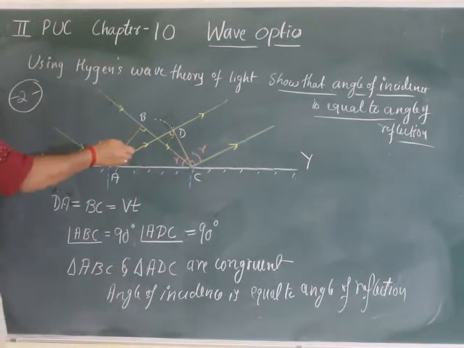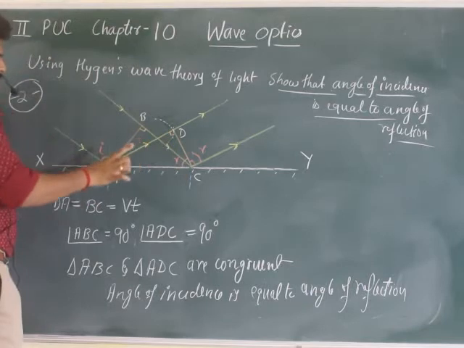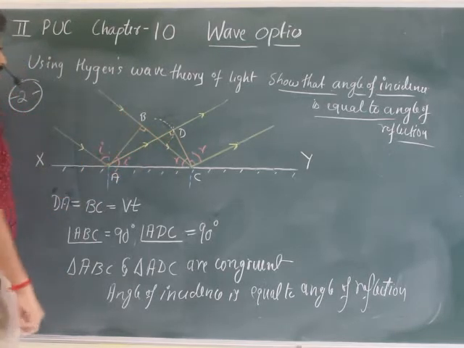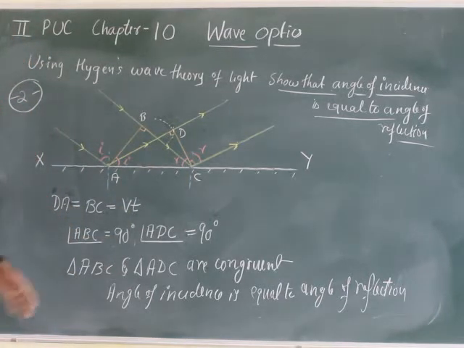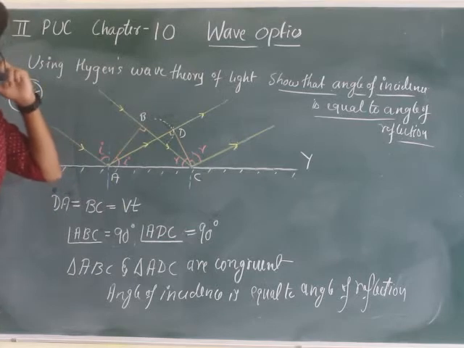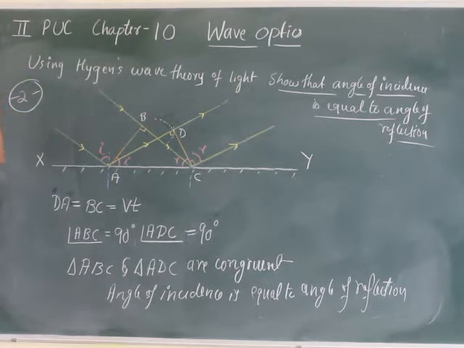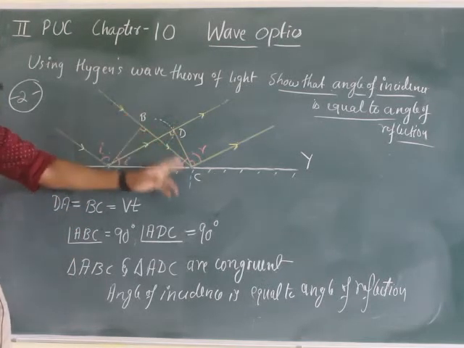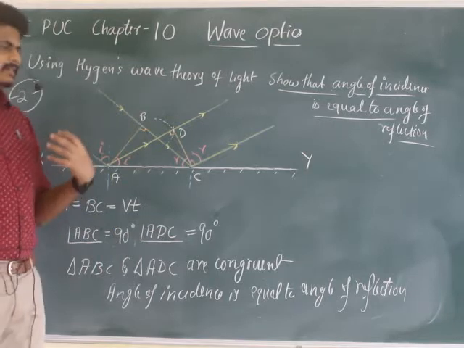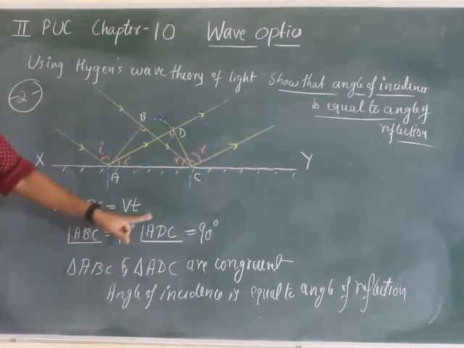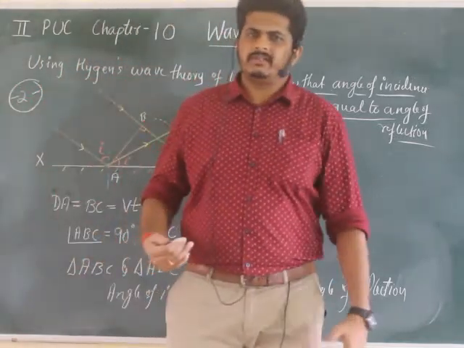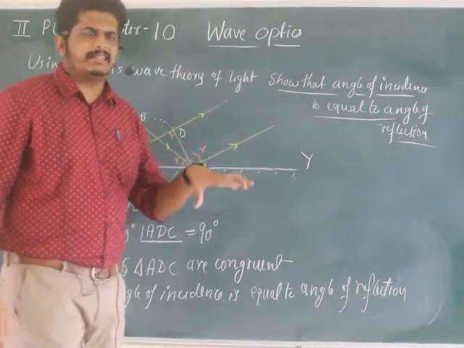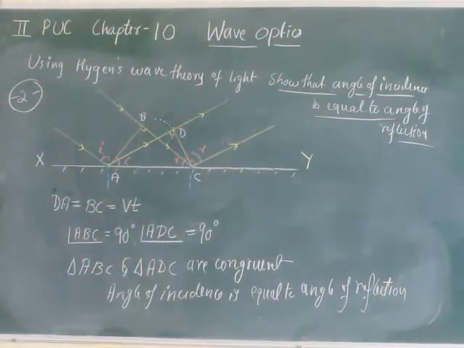And later on we will take the distance BC and mark it from point A, and then we draw an arc. And for the arc, we will draw a tangent DC. In that way you have to write it down. Understanding, right? So then what happens here? When you start comparing, DA will be equal to BC, where we write distance equal to velocity into time. That is the same methodology used in the previous derivation of Snell's law. There also this diagram is almost one and the same. Same kind of steps we have followed there.